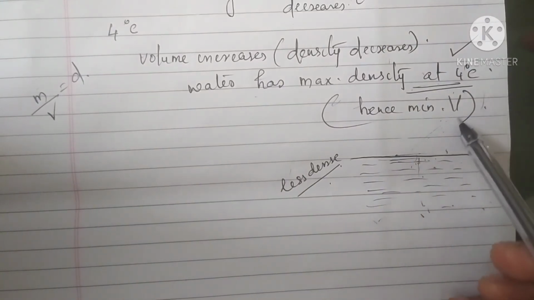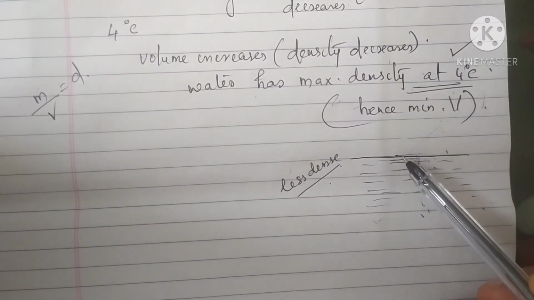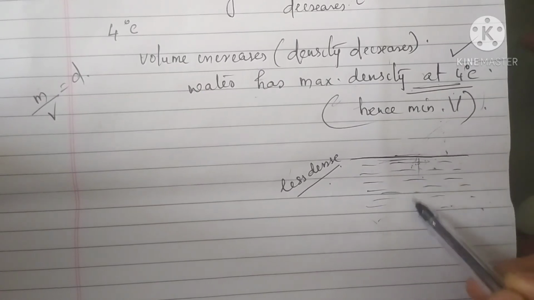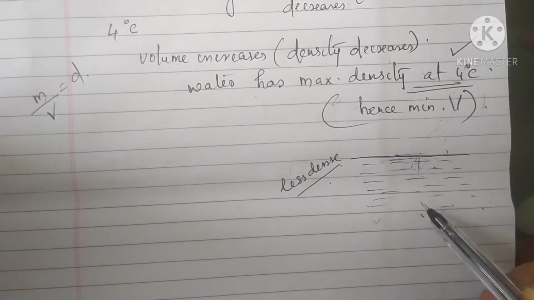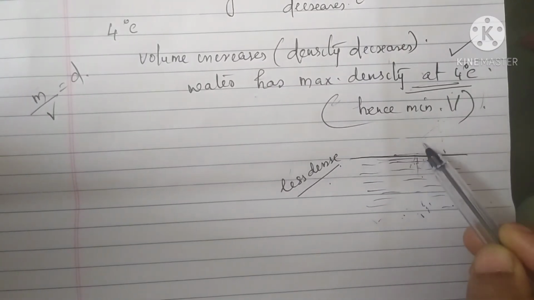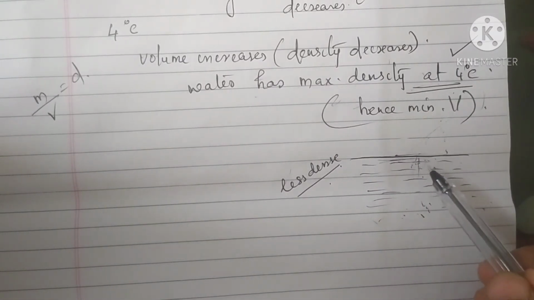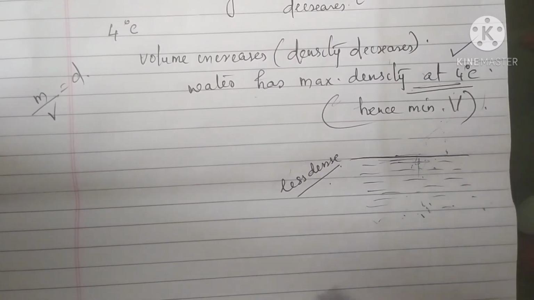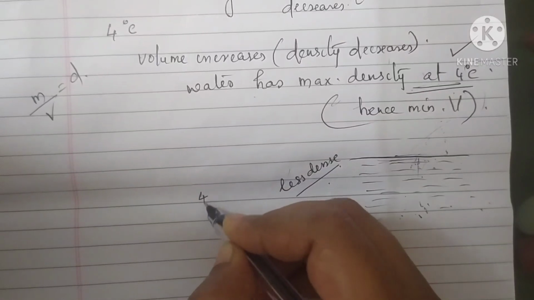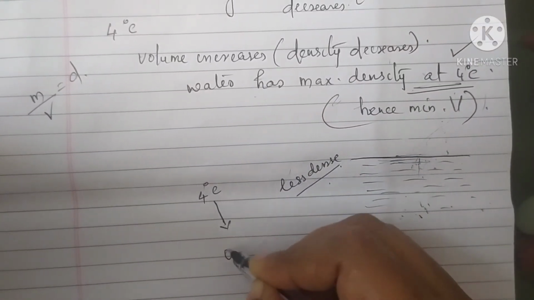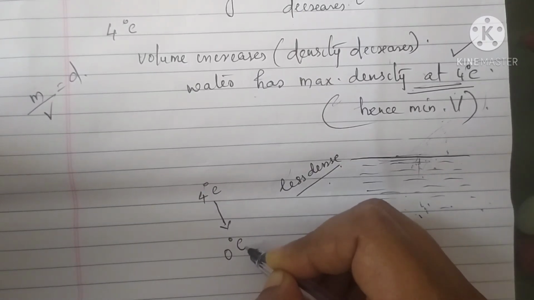Understood? So in a lake, towards 4 degrees Celsius, water near the surface loses energy to the atmosphere. It becomes denser and sinks to the bottom. Again, the warmer, less dense water near the bottom rises. This is what is actually happening. But when it reaches a temperature below 4 degrees Celsius, that is, 4 degrees Celsius getting reduced to 0 degrees Celsius,